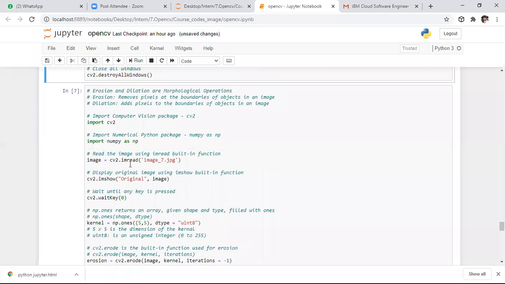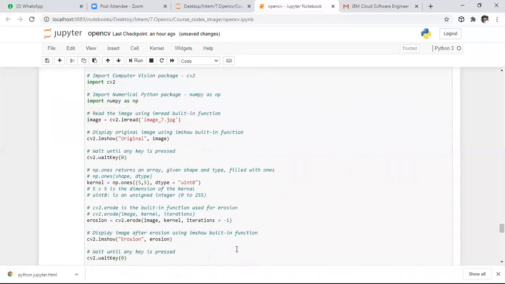For that, initially I'm reading the image. After reading the image, I'm specifying the kernel size. I want to create a kernel with all ones with the size of 5 cross 5. After this, I'm specifying the erode function. What is the purpose of the erosion function? To remove the pixels at the edges. Whenever you use the erode function, we need to specify the original image first, and which kernel we are using. We are using this kernel, a 5 cross 5 matrix, 5 cross 5 filter, with all ones in unsigned integer 8-bit representation, and the number of iterations.